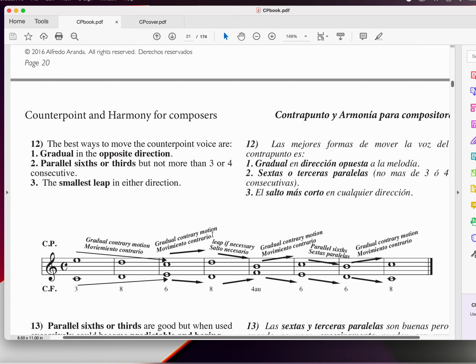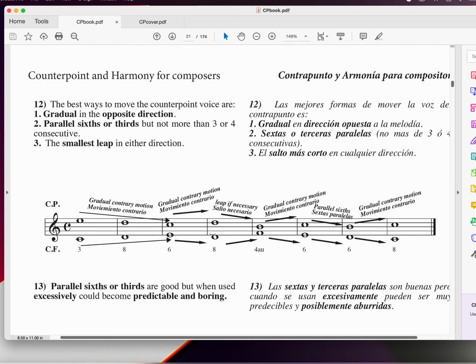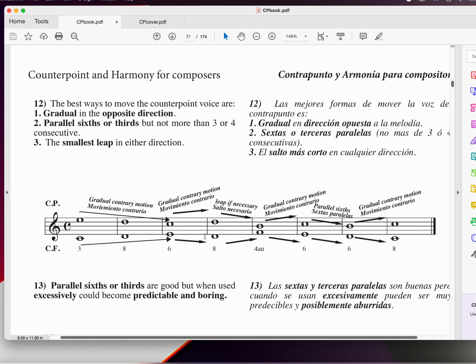Okay, and now on this page, on page 21, we have a sample of the cantus firmus. Look at the cantus firmus right here. C, D, E, D, F, E, D, C. Remember, we need to start with one of the 1st, 5th, or 8th intervals. And this is how it started. And these are the ways that you can move in the counterpoint